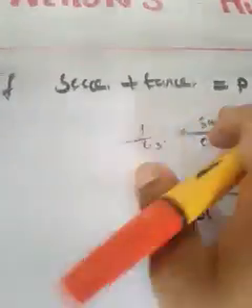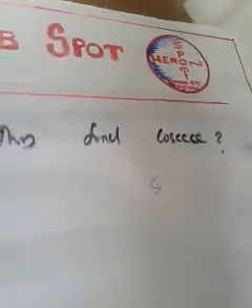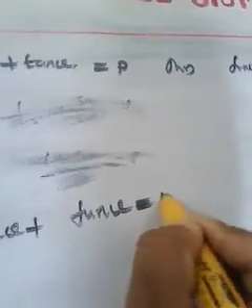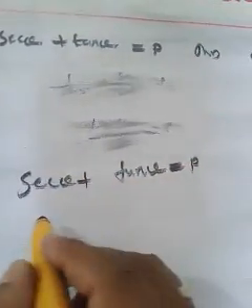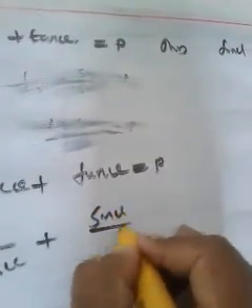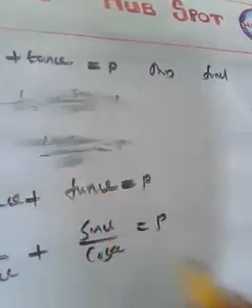See, suppose in this question, you can think in different ways. Once I told you if sec and tan come together, sec theta plus tan theta is equal to P is the given thing. We have to find the value of cosec theta. If the sign in between is plus, you can replace sec theta with 1 by cos theta and tan theta with sin theta by cos theta, so 1 by cos theta plus sin theta by cos theta is equal to P.